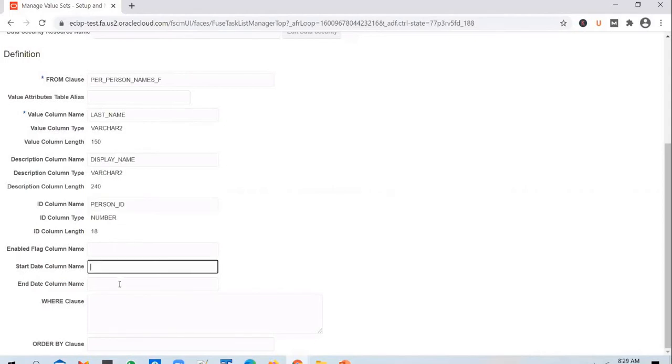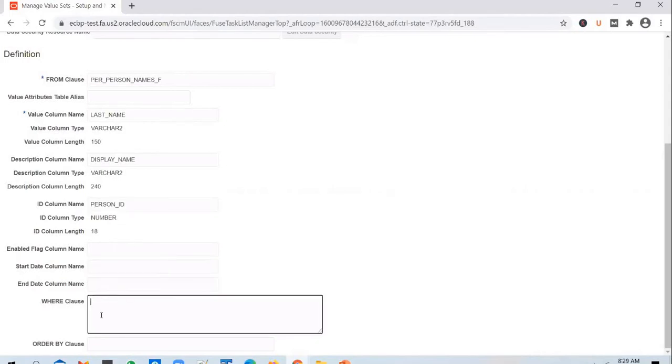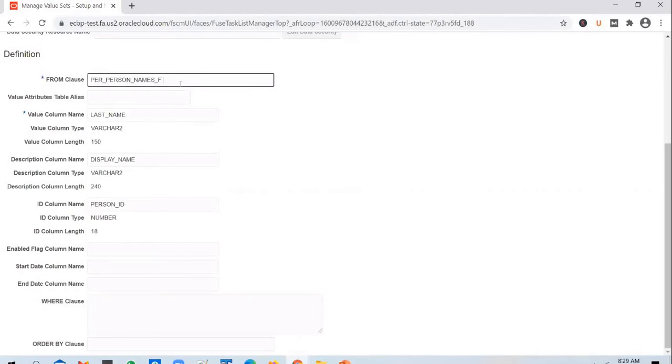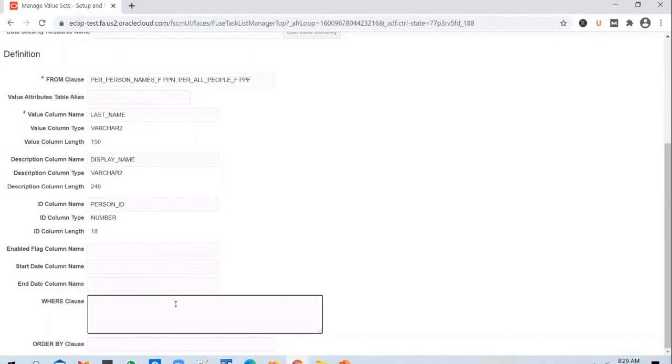You can put in the start date column or an end date column, and you can add in the join conditions here if you want. Say, for example, you are using two tables, per person names table and per all people F. You can give an alias name to the second table as well. In the join conditions, you say ppf dot person ID equal to ppn dot person ID.